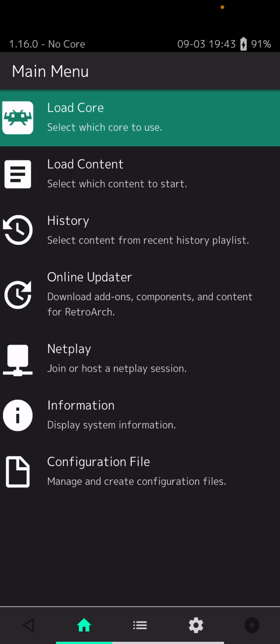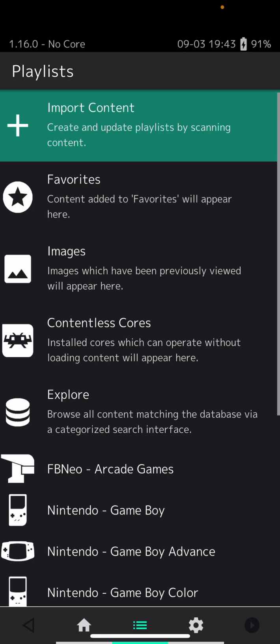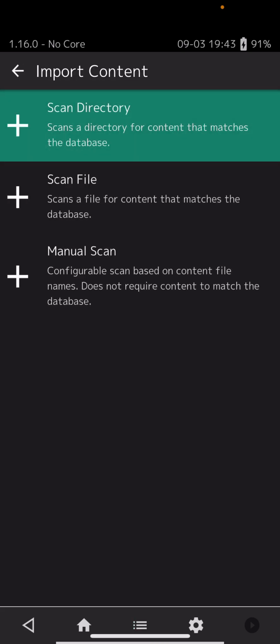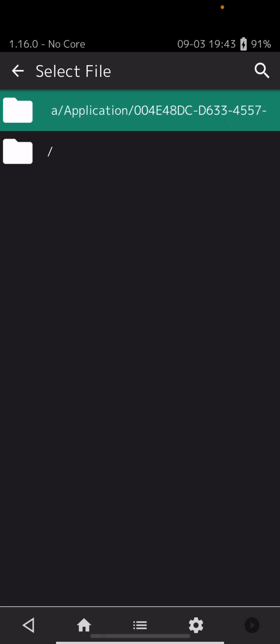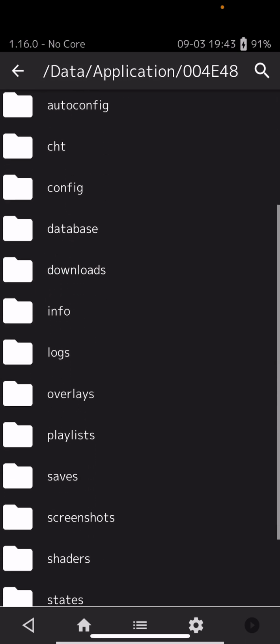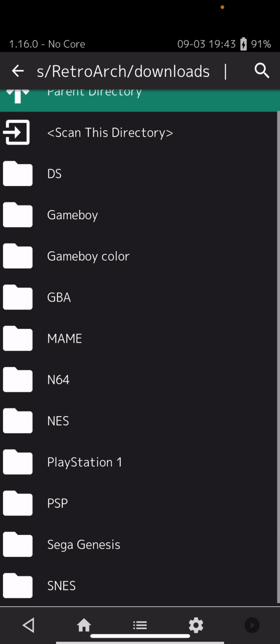icon, next to the home button, and you click on the middle button here. Click on import content, scan directory. Click on the first one, Retroarch, downloads, and you click on the folder of the system, and make sure your game is on there, your ROM is on there. I can't show you how to get that because of YouTube, but with a simple Google search, that should do the trick,